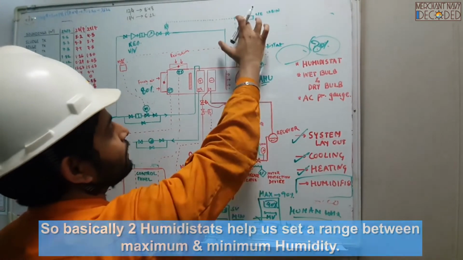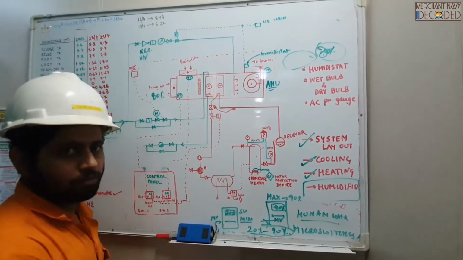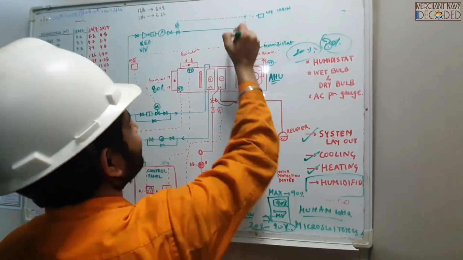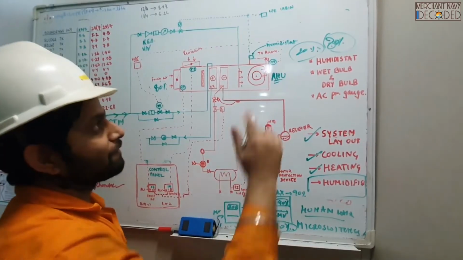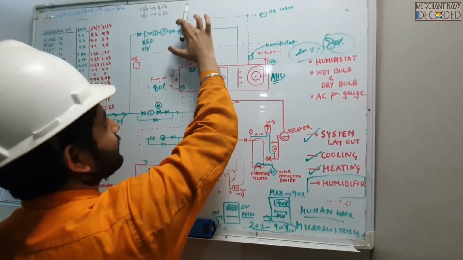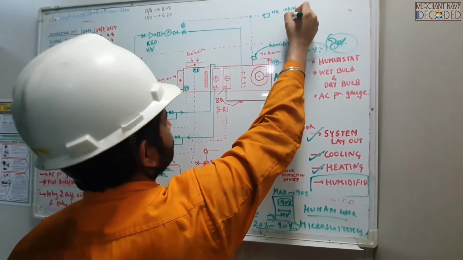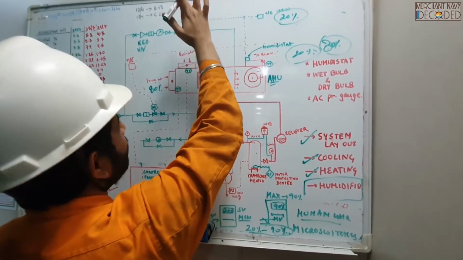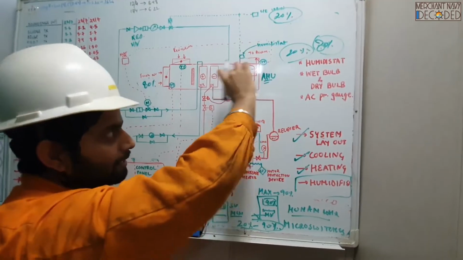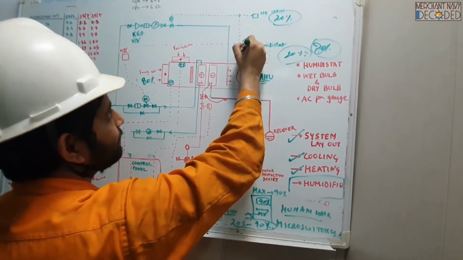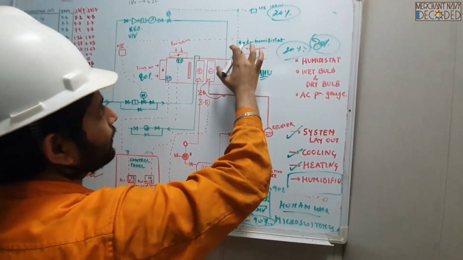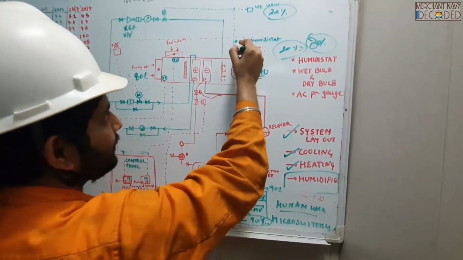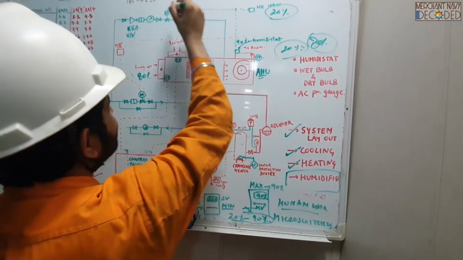Accordingly, both these electrical elements give signal to this valve. If it is less than 20%, they say, open the valve. If it is more than 90%, it says, sorry, this is the less one. If it says less than 20%, it says open the valve. Let more steam go in. Let it increase the humidity. This is the maximum one, set at 90% say. So it says, oh, it is going more than 90%. Shut the valve. Shut the valve. So this one is shutting the valve. This one is opening the valve.